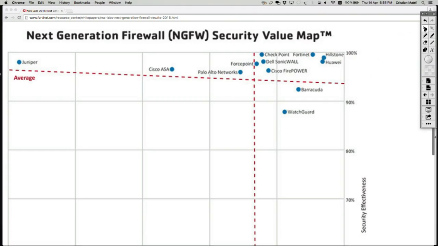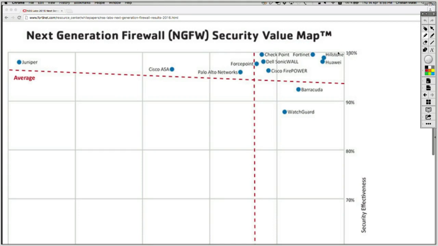Which what that means is that, based on that aspect, Hillstone and Huawei scored best from the security. Hillstone scored best from both security point of view and cost point of view. Then Fortinet and Checkpoint seemed to be more secure than Cisco, and Cisco is kind of in here with the Firepower. So it doesn't provide the best security out there, doesn't provide the cheapest firewall per megabyte, but this is not an accurate one from my point of view